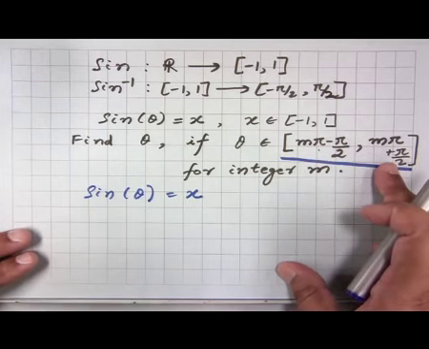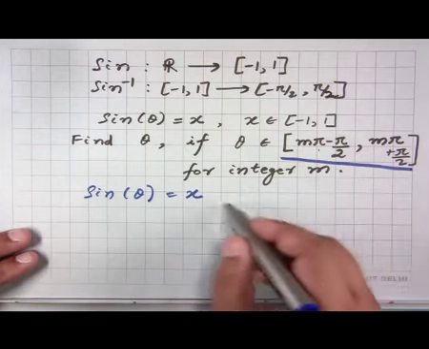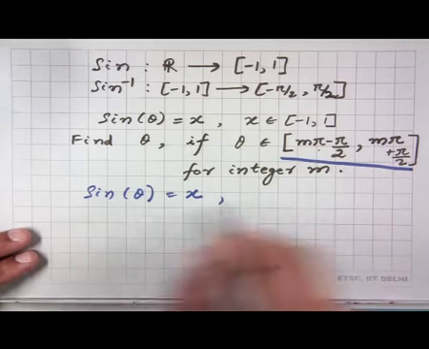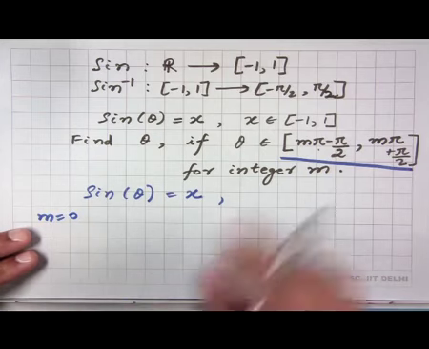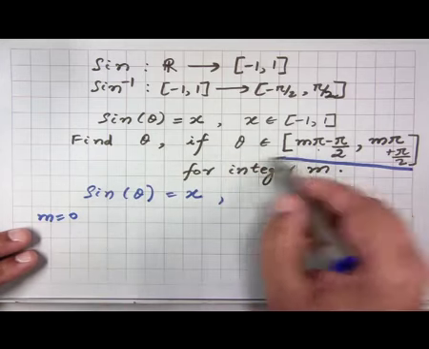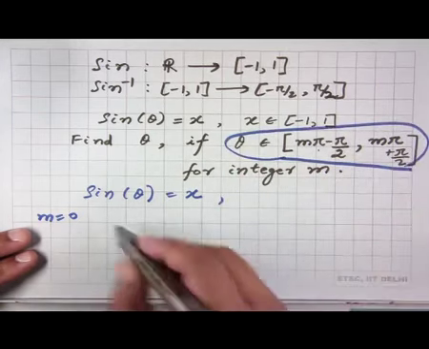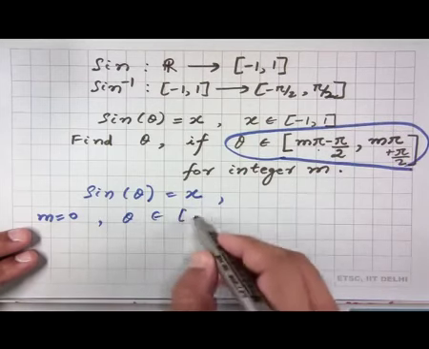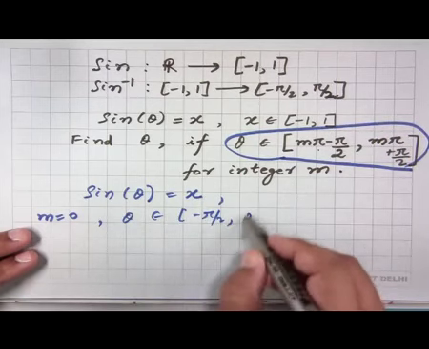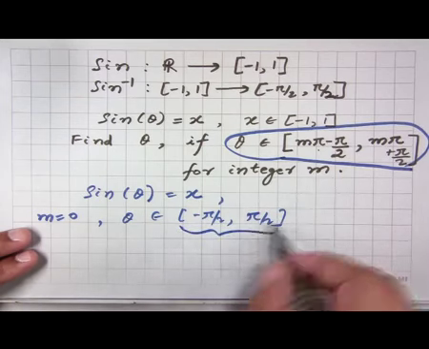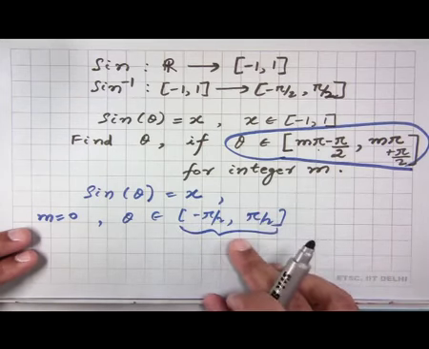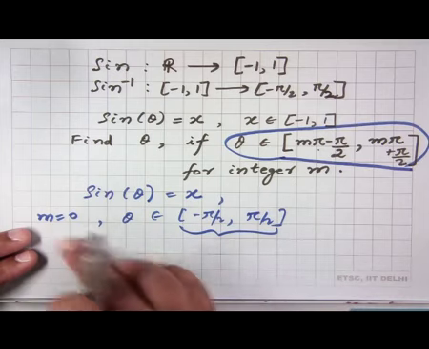But the problem is that, of course, if we take the special case of m equal to 0, then this constraint translates to theta belonging to -π/2 to +π/2,